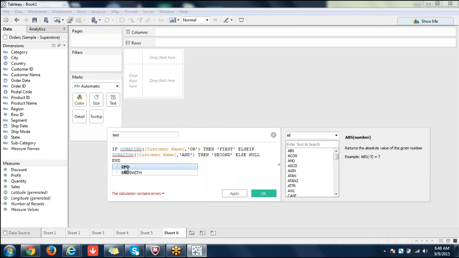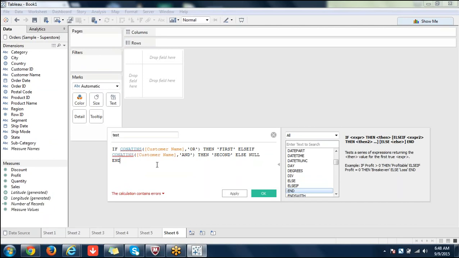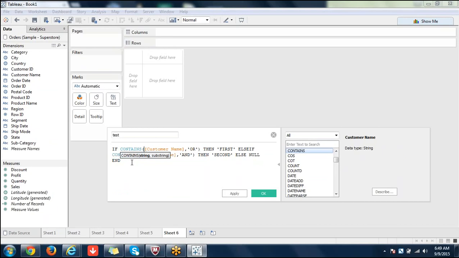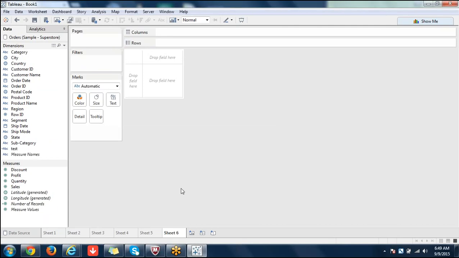This is a nested if then else. I wrote the spelling of contains wrong, so this is the one. Now the calculation is valid, you can go ahead and test it.